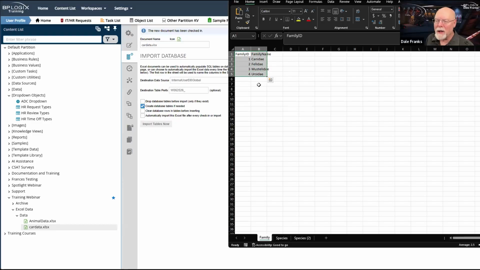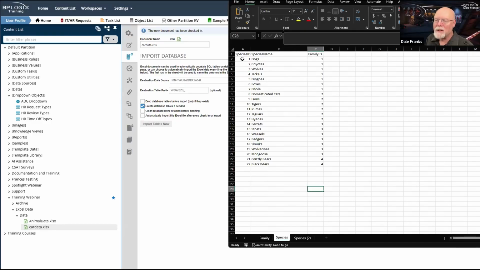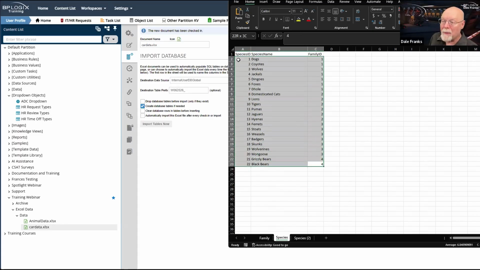Family ID, family name, 4 records here, and species, 3 records here. What if, however, the next time I import it, I don't really want to re-import all of this data? I mean, I don't have to. It already exists in the table.